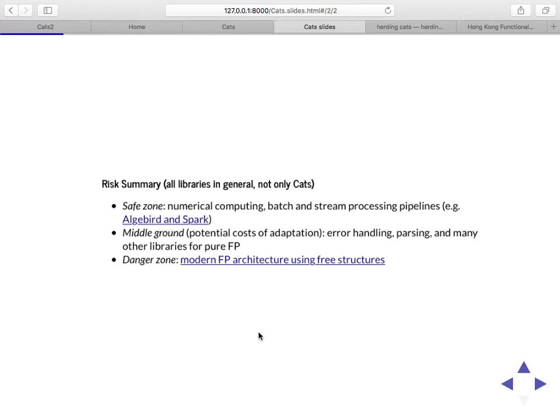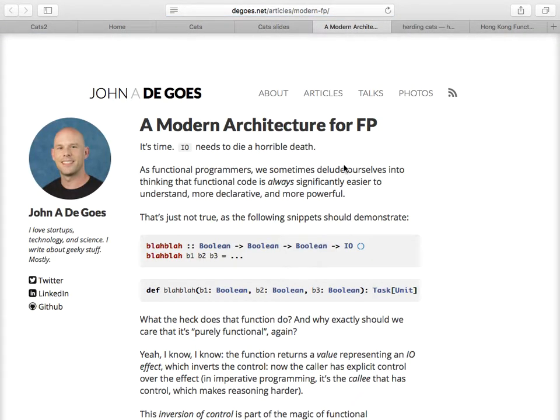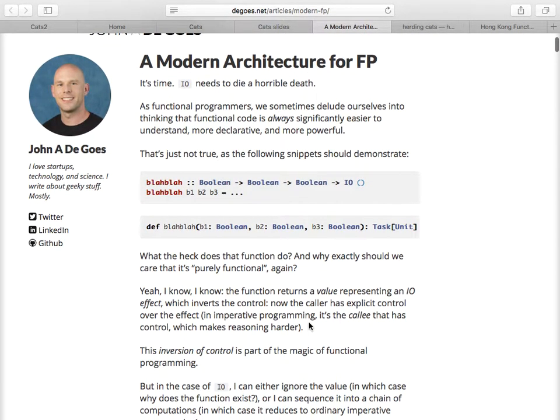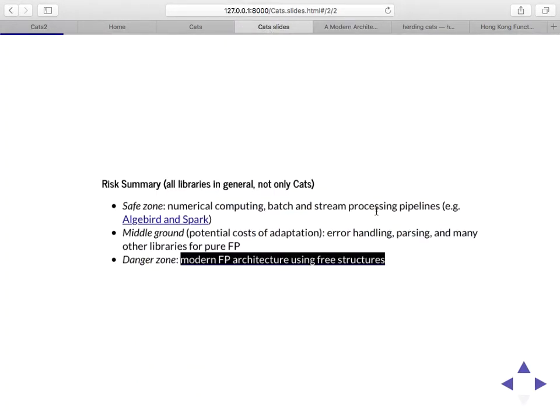So it depends on the nature of the project whether to adapt them. And then there are things that have very cool blog articles about them, like this one, which talks about how you can structure your code using free monads, how to structure the effects and so on, which I personally think is very cool. But even though the person who wrote the blog post says that they use it in production in their team, I would be very hesitant to apply it,